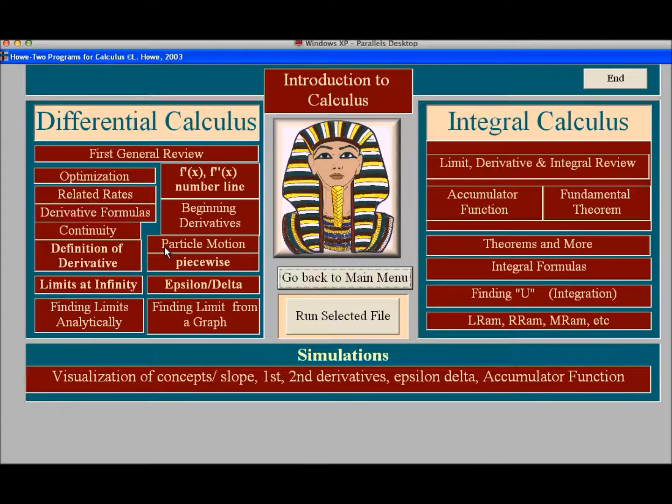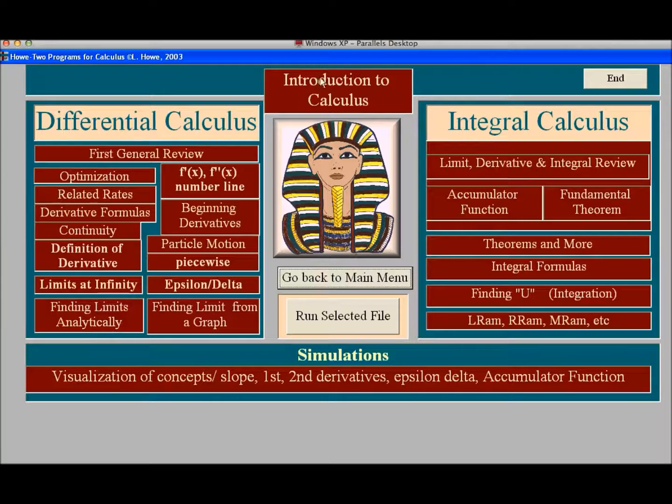Particle motion, I found almost impossible to teach, and I had to write this program in self-defense, and once I did, the students used the program and I didn't have any trouble with their getting it into their minds. The accumulator function likewise really seemed to help the students that I taught. So we'll have to look at each one of these separately, and I just wanted you to get a look at the